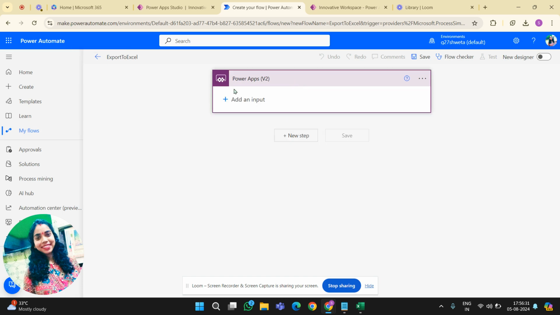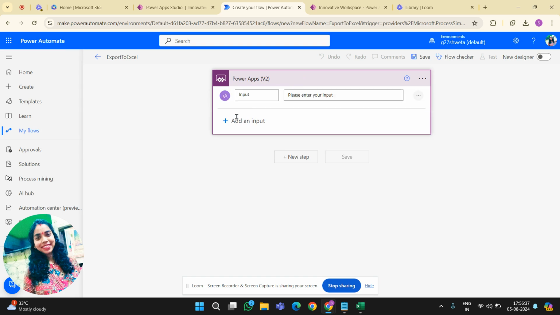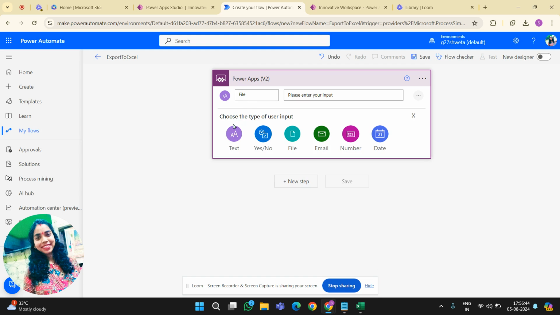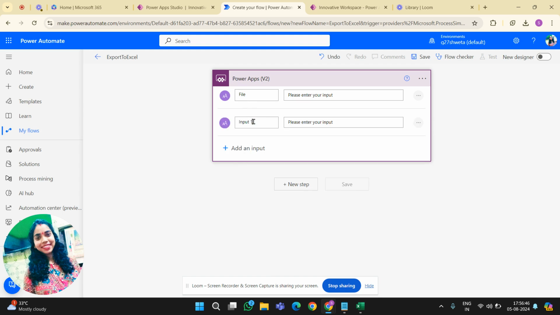First, under the Power Apps trigger, we need our file content, which is this JSON. So first I am giving the file, second I am giving the file name.